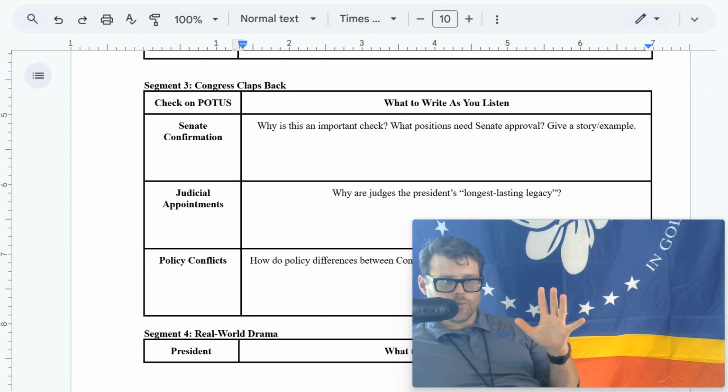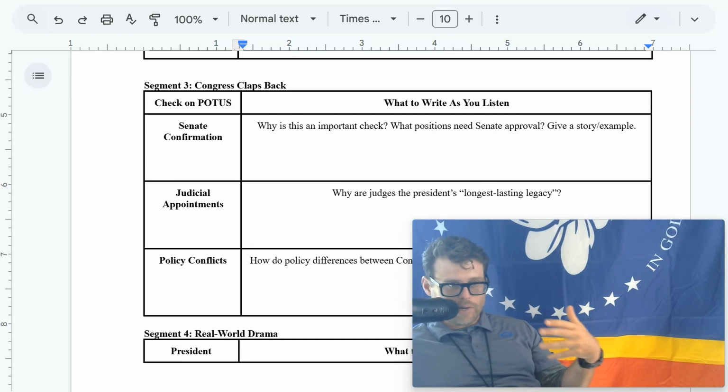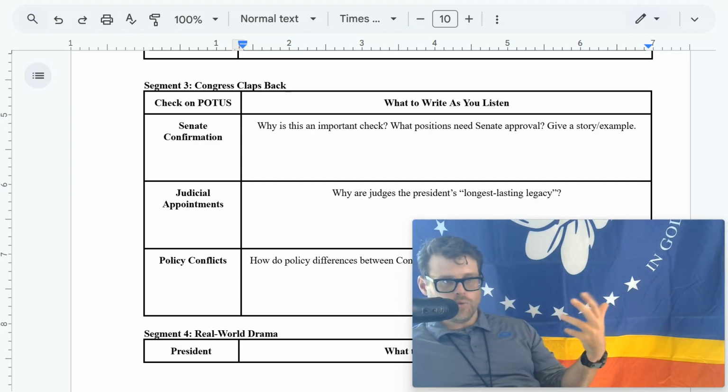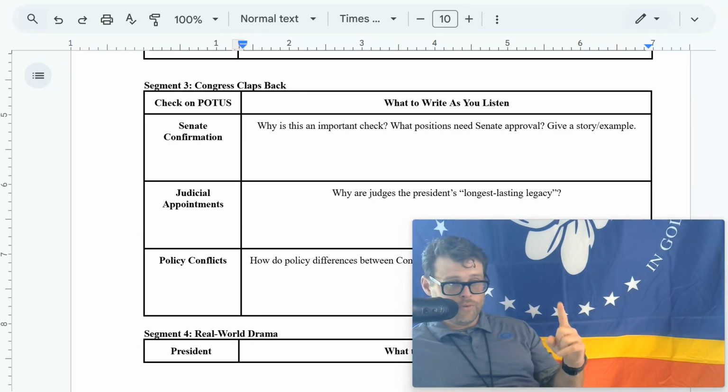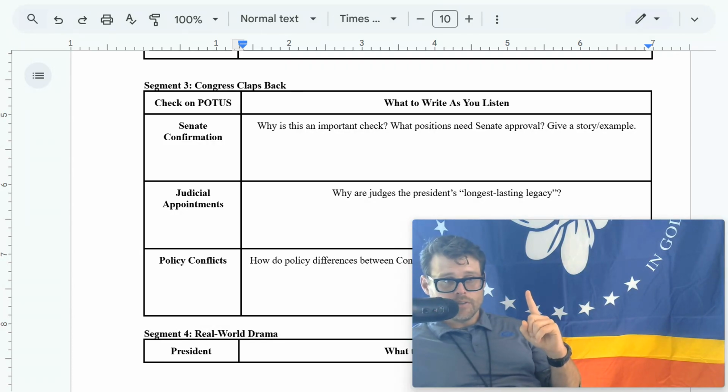Okay, so let's get to segment 4, real world drama. Let's run through the presidential highlight reel real quick, okay? President Lincoln suspended habeas corpus. That means rights of prisoners, okay? Right to not be tortured, to be given food, water, decent living standards in prison. Habeas corpus during the Civil War. Bold move, controversial move. But it was a total war to save the Union, and it's justified there, according to those who supported Lincoln's decision.